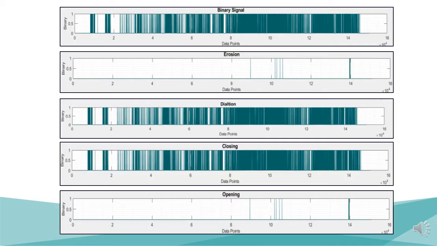Since MMA is used in binary and grayscale images, to use the technique here, we first converted the signal into the binary form by applying the threshold amplitude value and then applied the operator. After implementing different operators, the remaining ones' values in the respective operators are summed and used as a feature.